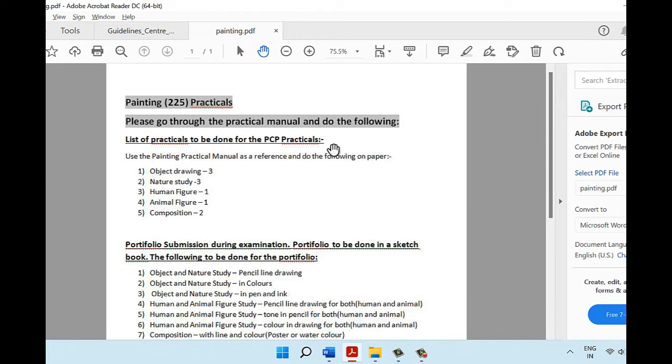Usually your study center is going to give you a sheet like this, which will tell you what you are supposed to be drawing. So, 3 object drawings. Nature study, it's 3 drawings. They want 1 drawing with a human figure, 1 drawing with an animal figure, and there is a composition. So for each of these 5 categories,